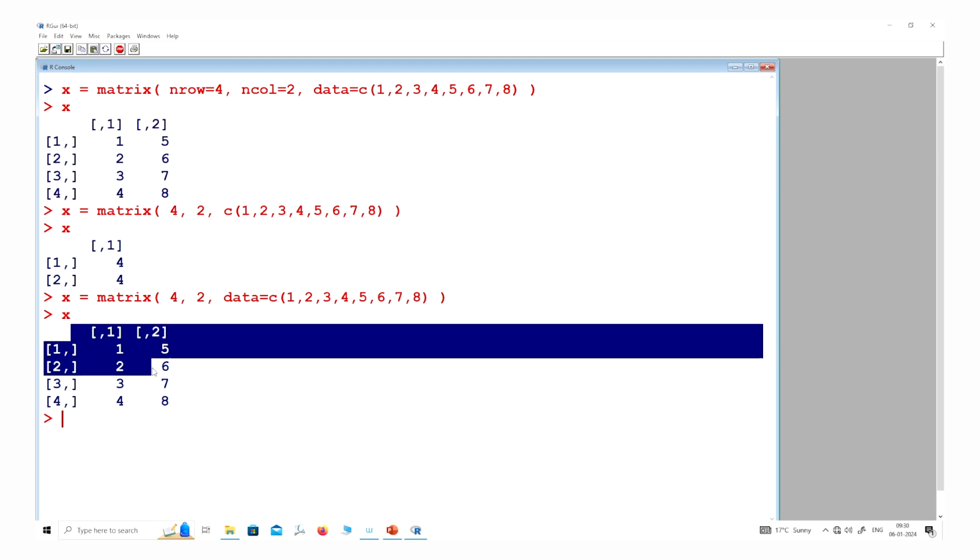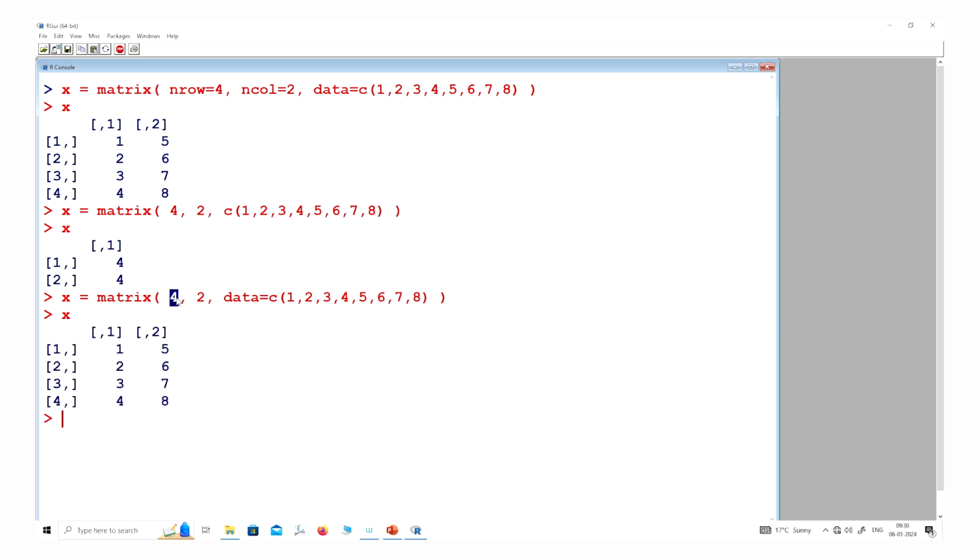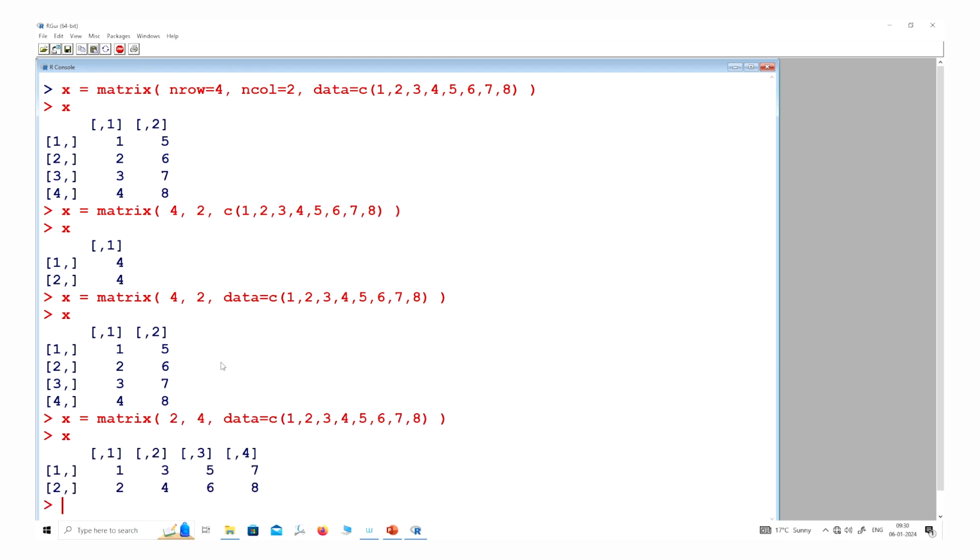But in this case, what is happening? It is taking the first value 4 as the number of rows, and the second value as the number of columns. And if I change it, you can see here this becomes like this.